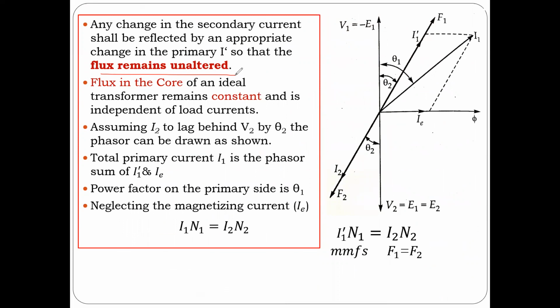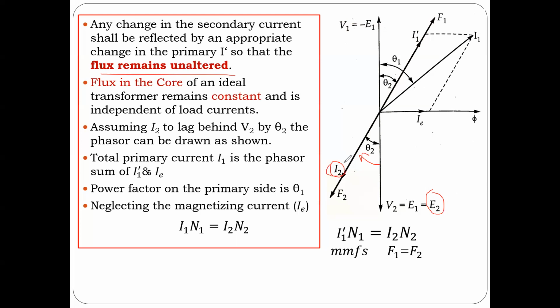Now, when you have a load, and specifically if you have an inductive load, the load would have some inductive effect. So I can presume this current I2, which is in the secondary circuit, to be lagging behind the voltage, isn't it? That's an inductive load. Most of the loads are inductive. If it was a capacitive load, the story would be altogether different. Okay, but normally it's an inductive load, and so I can say that the current is lagging the voltage, because I remember the phrase "ELI the ICE man." Okay,